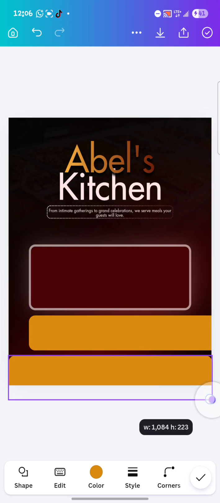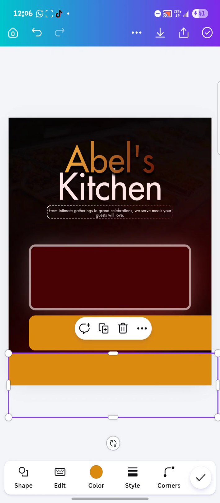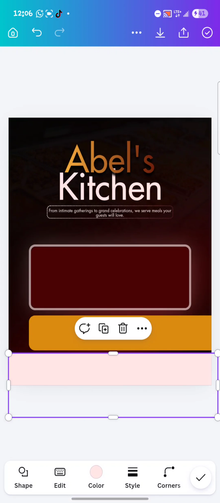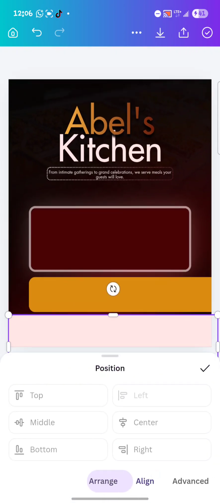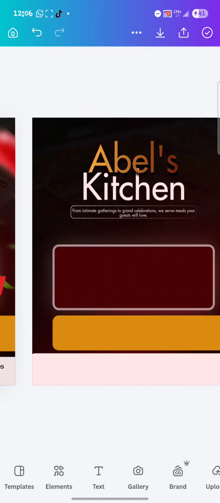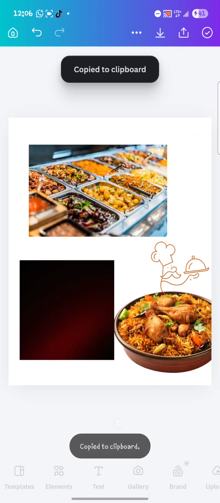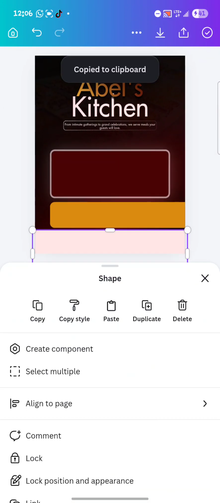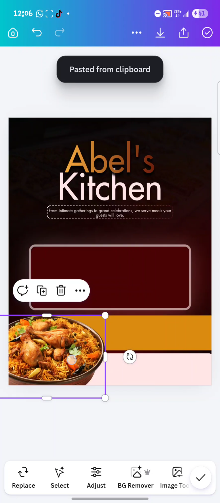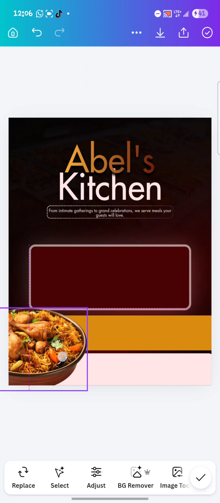Then I change the color to this light red too. I make sure it's at the center. Make sure it's at the center over here. Then I bring in this image. I copied it, I dropped it over there. So this is what we have, and I dropped it over here. Then this particular image,